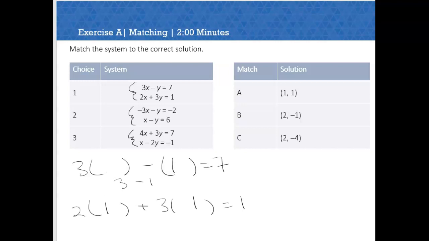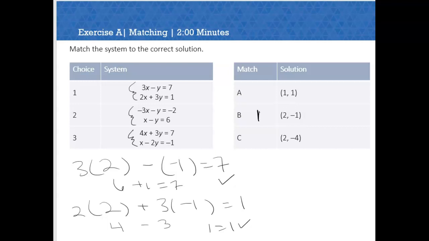I don't need to go any further. Let's check 2, negative 1. So this would be 6 minus negative 1, so 6 plus 1 equals 7. Yep, so let's check the other one. 4 minus 3, yep, 1 equals 1. So 2, negative 1 works for system 1,